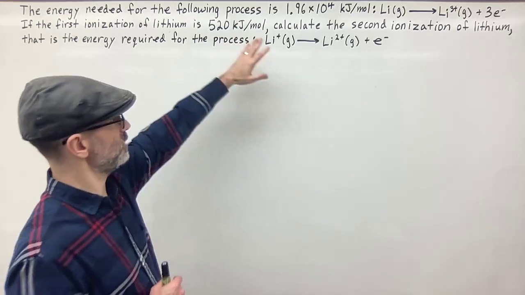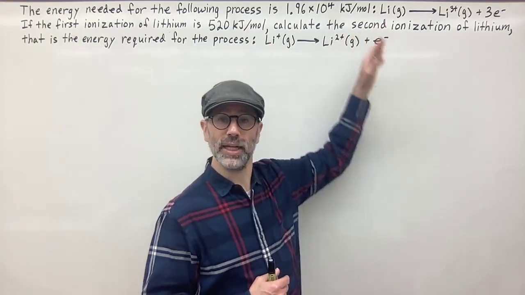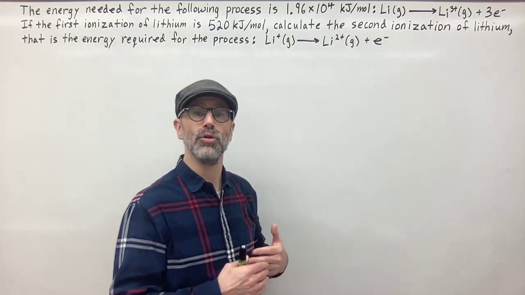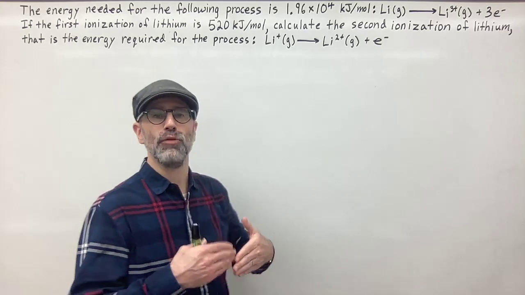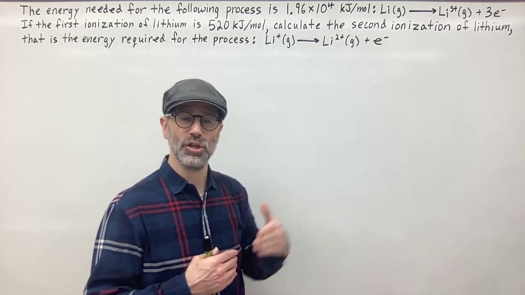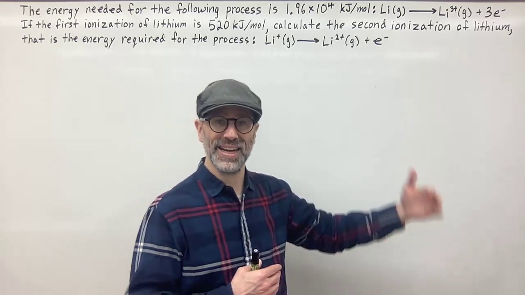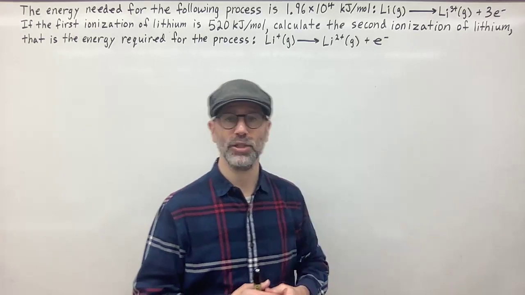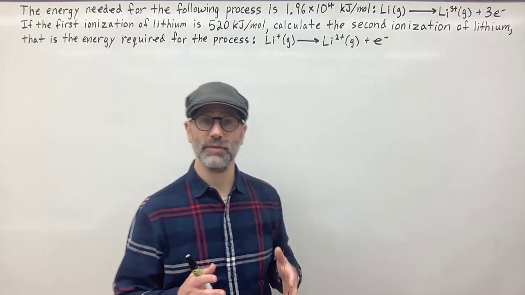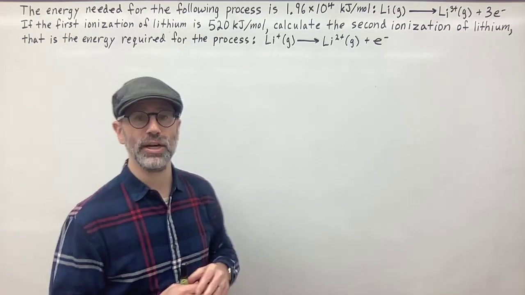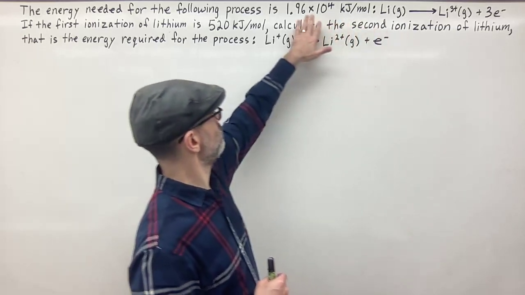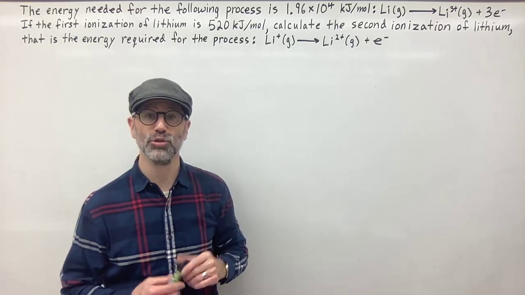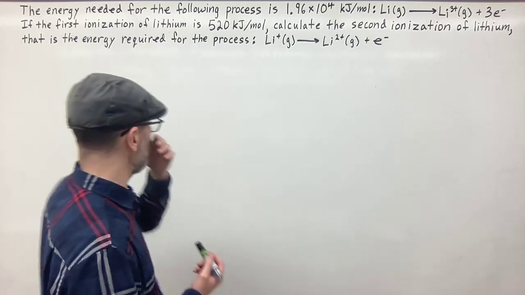We're given the process of removing 3 electrons, and they give us the total energy to remove those 3 electrons. So you're removing the first electron, that requires a certain amount of energy. You remove the second electron, that requires a certain amount of energy. And then you remove the third electron, and that requires a certain amount of energy. And the total of those 3 energies is going to be 1.96 times 10 to the 4 kilojoules per mole. Now, let's write that out. What that means is